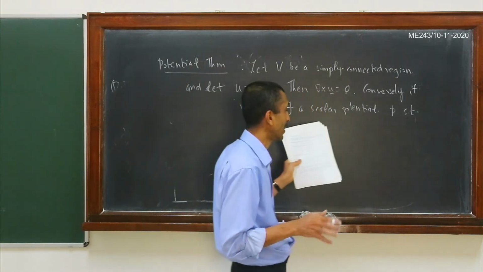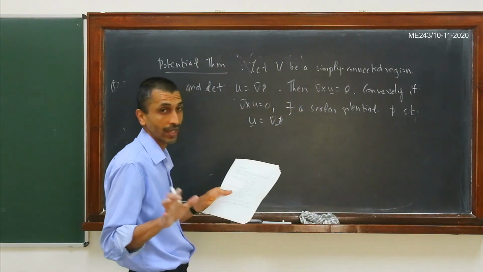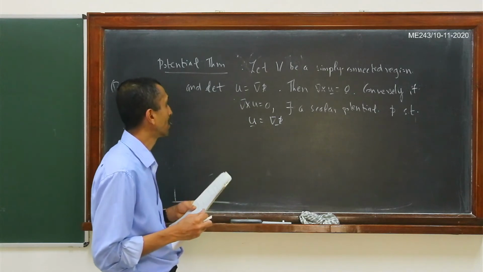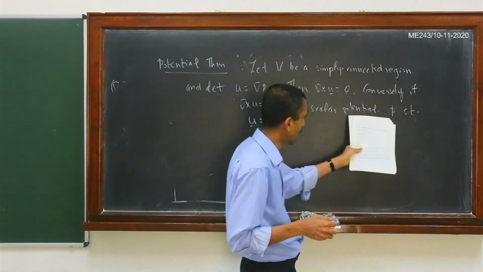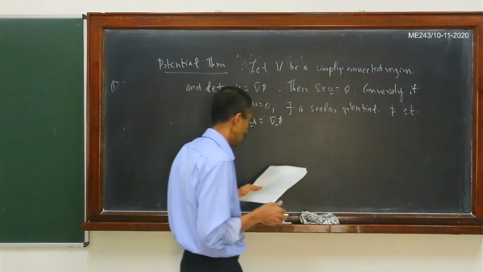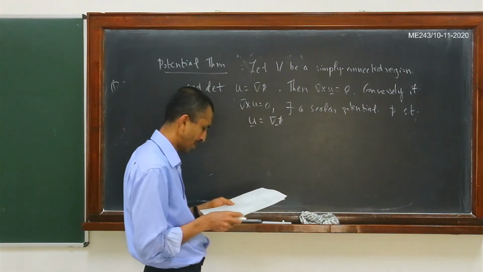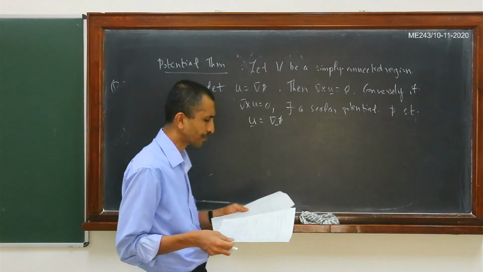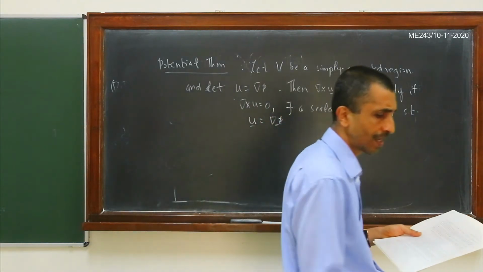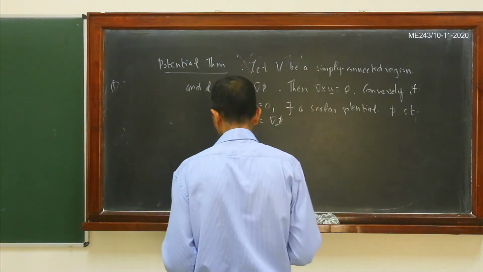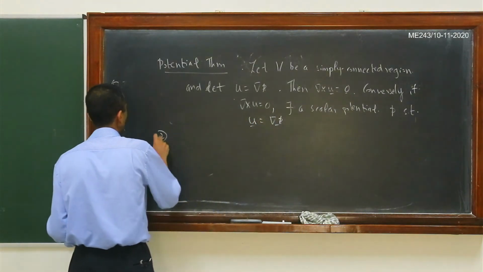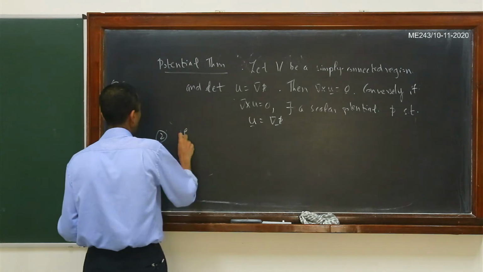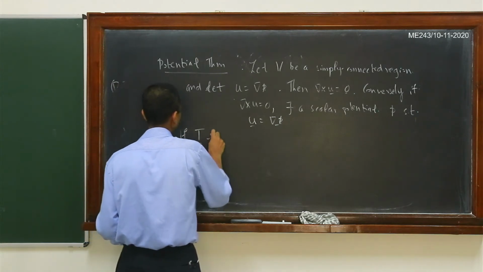So as I said, I am not going to give the proofs. You can take a look at the book for the proofs here. But conversely, if del cross u is 0, then there exists a scalar potential phi such that u is equal to del phi here. Right. So we can use this particular result now to show the next result here. So the next result is, if T is a tensor field